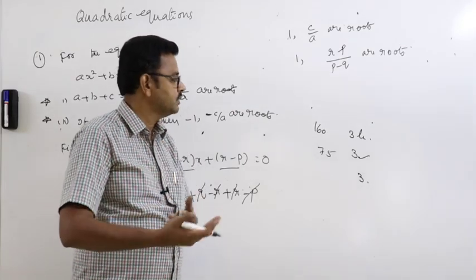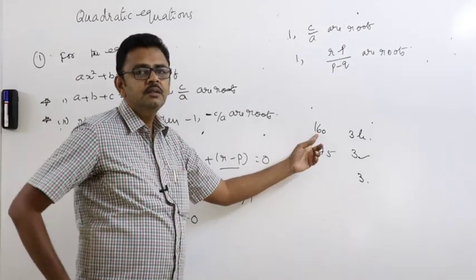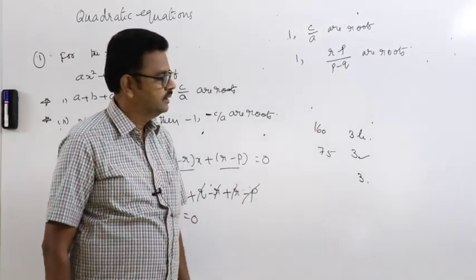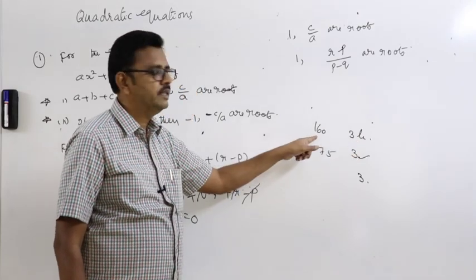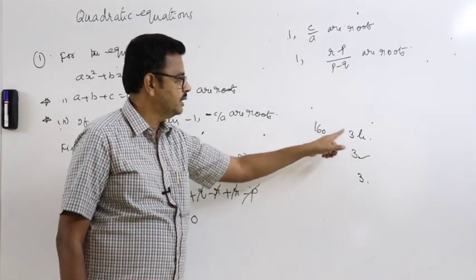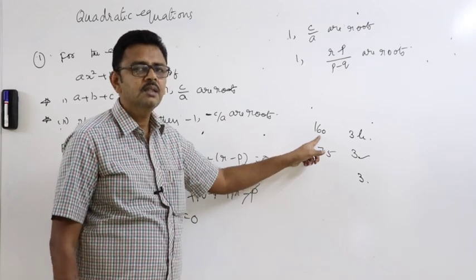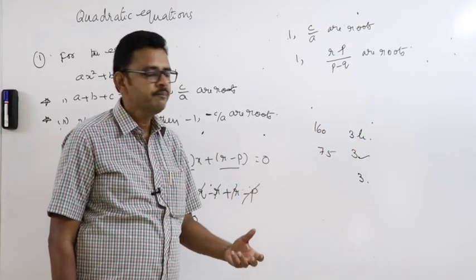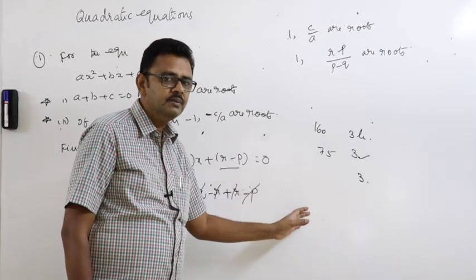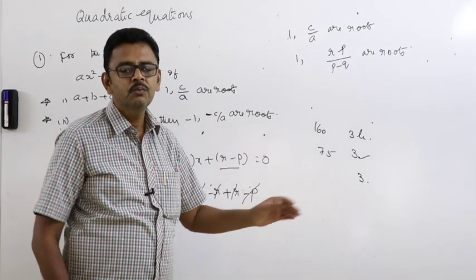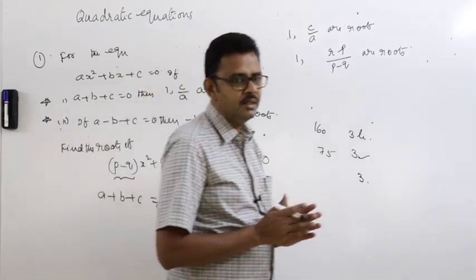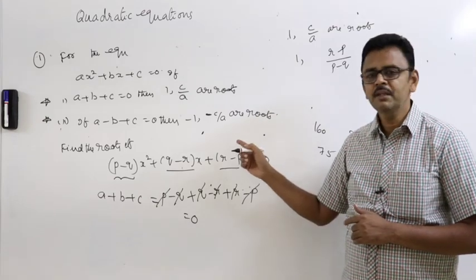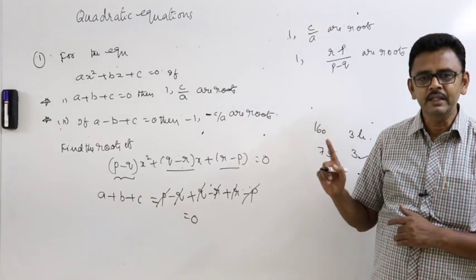Majority of them are able to solve the problems, but they fail in time management. Some of them are able to answer 80 questions, some 100 questions, some 120 questions. It depends. Those who practice very well are able to attempt the maximum number of problems. The only thing is practice. I told you a number of times, reading makes a ready man, but writing makes an exact man.